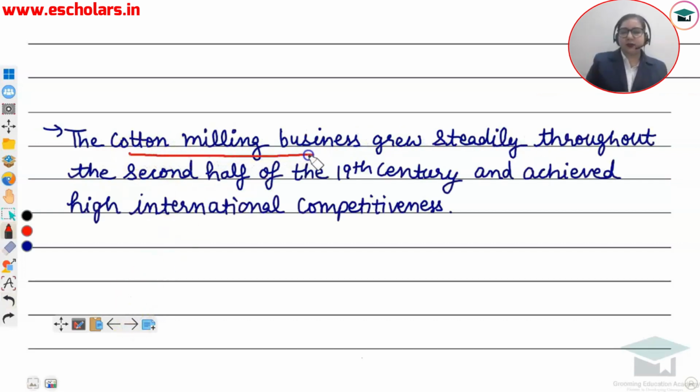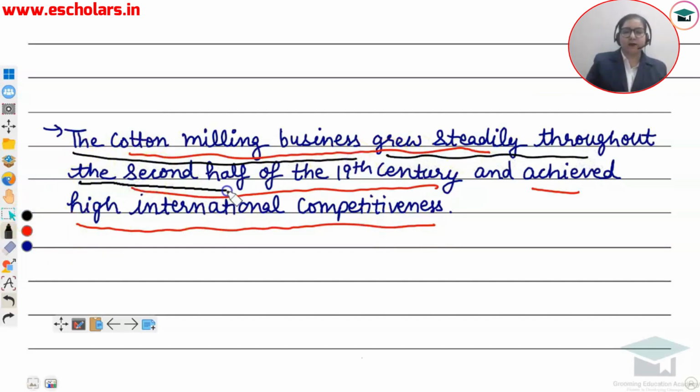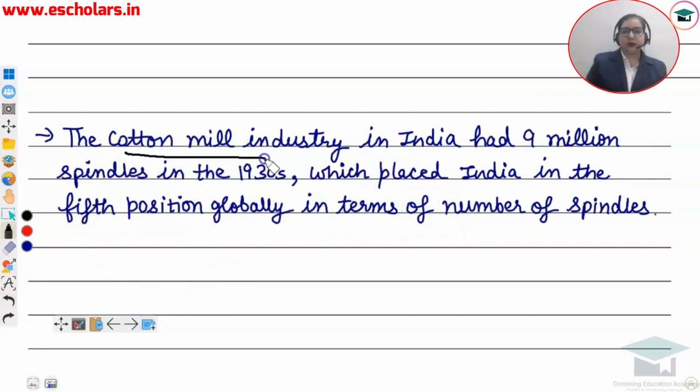The cotton milling business grew steadily throughout the second half of the 19th century and achieved high international competitiveness, that is high global competitiveness. So let's recall it till now. The cotton milling business grew steadily throughout the second half of the 19th century and achieved high international competitiveness. The cotton mill industry in India had 9 million spindles. Now what are spindles? Spindles are basically the devices